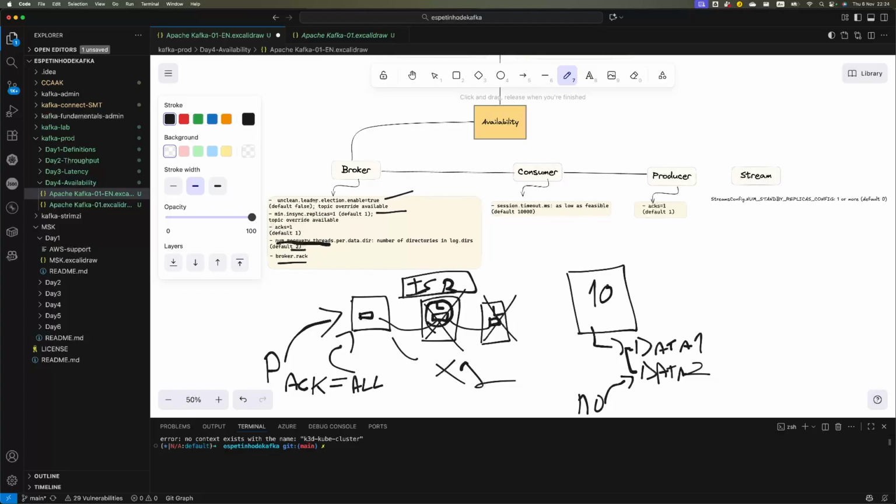Go to the Kafka documentation. Try to understand whether this configuration is good or not, and try to do some tests in your environment, right? And another configuration is on the consumer side. On the consumer side, the trick here is to put a low value for the session timeout, or perhaps for max poll records,